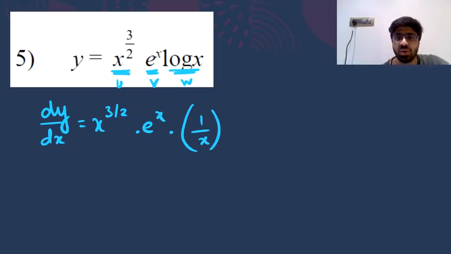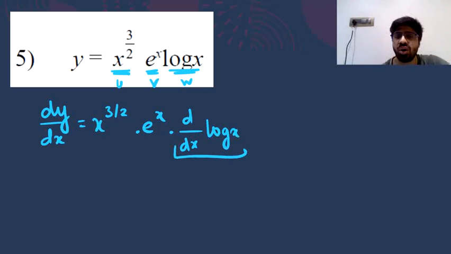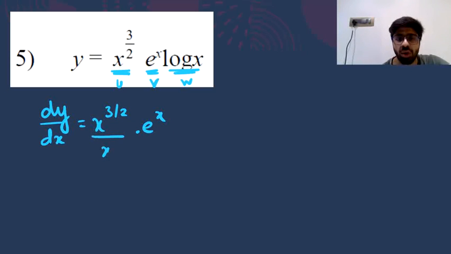I am writing it directly, okay. So, if I have to write it stepwise, it would be d by dx of log x, and then d by dx of log x will be 1 upon x. But now that you have practiced so many questions, I am sure that you might be comfortable in writing it directly. X power 3 by 2 into 1 upon x, that's like x power 3 by 2 upon x,